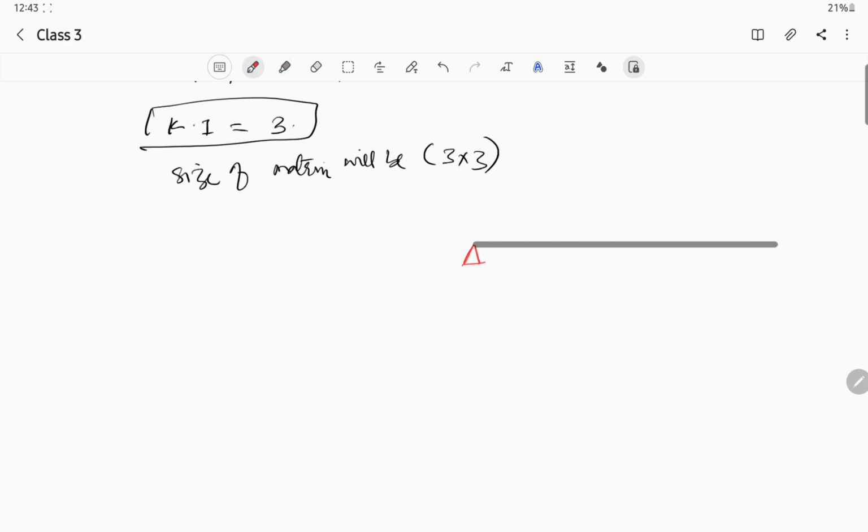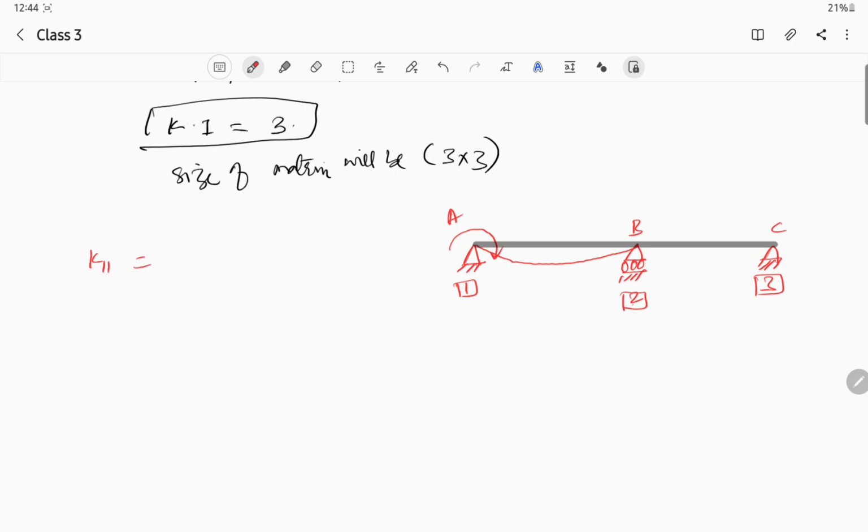We have here this hinge support, here a roller support, and here again a hinge support. So what I am doing here is applying a rotation at point A. This is point A, B and C. If I apply a rotation at this location, my beam will try to get deflected like this. So this is my node 1, this is node 2 and this is node 3. So what happens to K11?